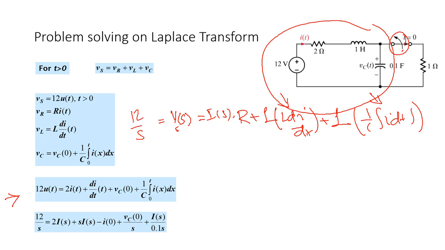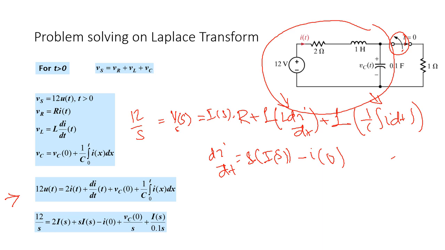So what are those things? For initial condition, we use di by dt as s times I of s minus I of 0. So now calculating the I of 0,